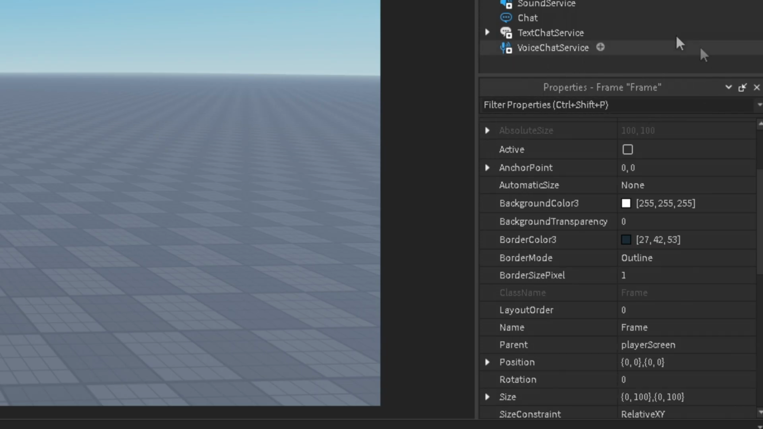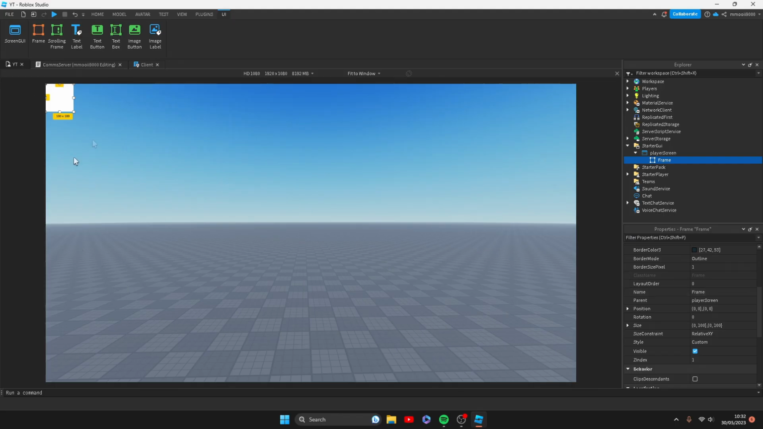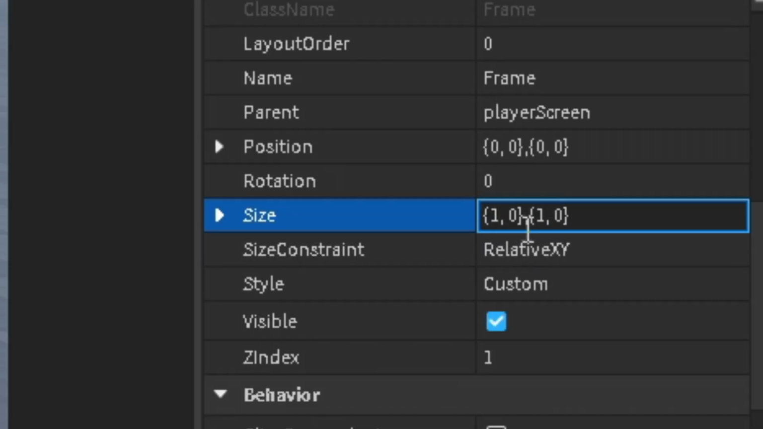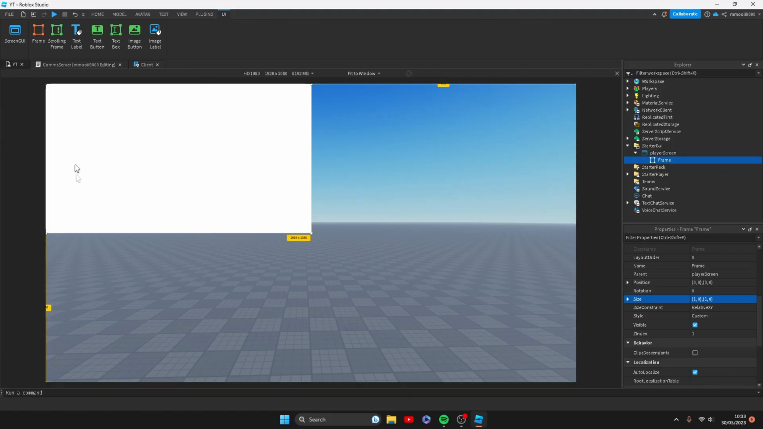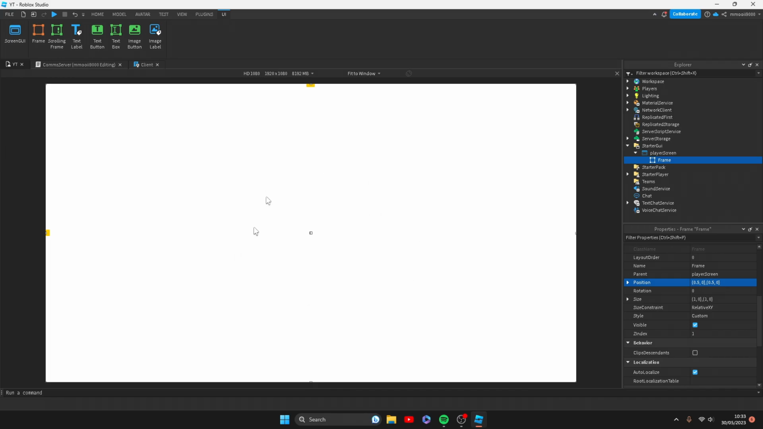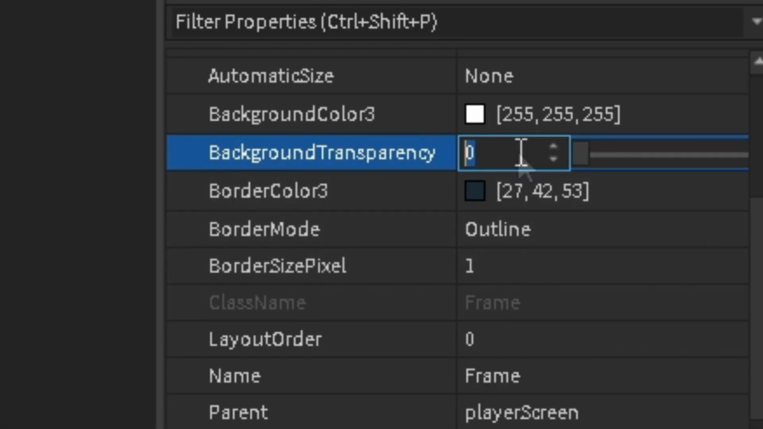Now, in your properties here, we're going to want to center it and make it the size of the screen. So the way you center it is by changing the anchor point to 0.5, 0.5. We're also going to change the size to 1, 1, and it should look like this now. And now we can change our position to 0.5, 0.5. It should just create a blinding white screen. Obviously, we don't want the blinding white screen, so we can set the transparency to 1, and that will remove